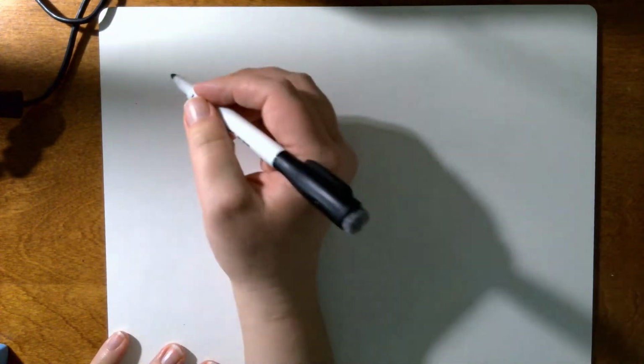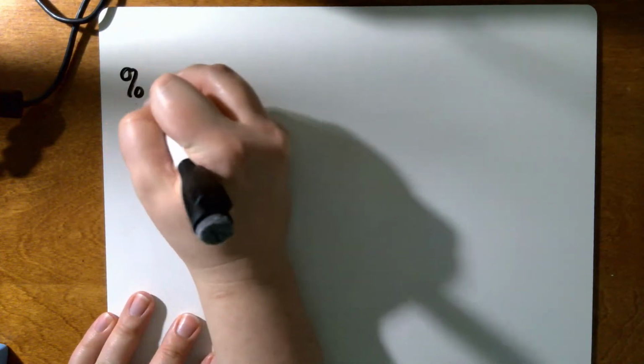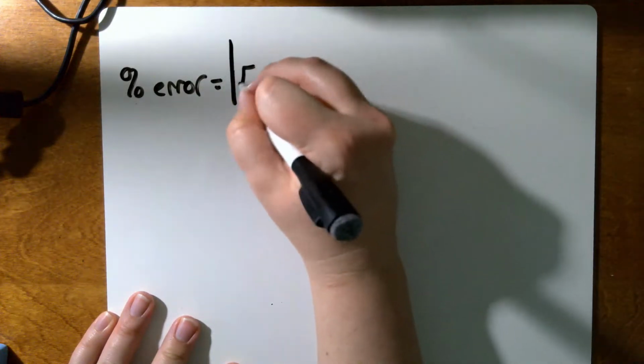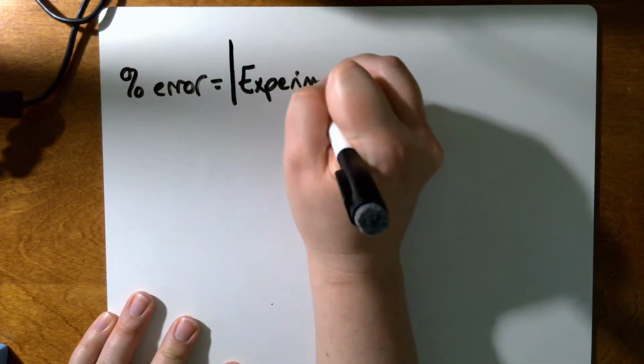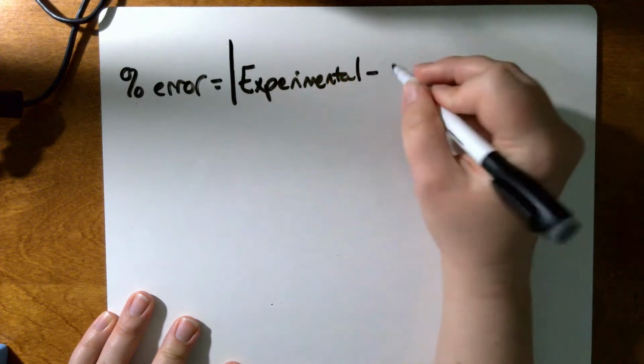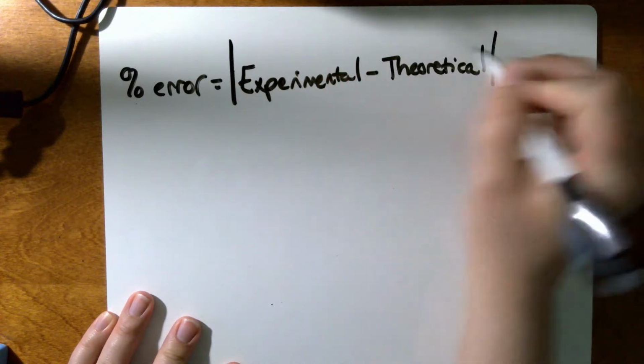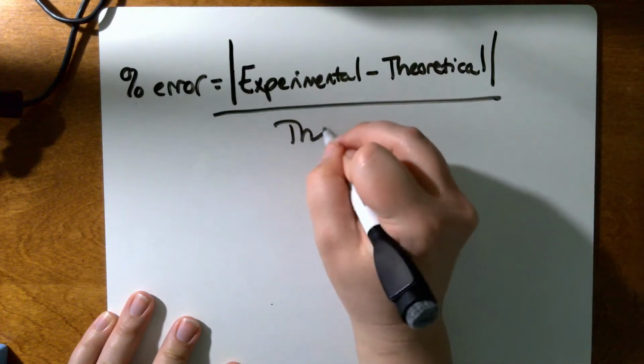Okay, I'm going to show you how to calculate the percent error. So this is something that we use in lab to tell us about the accuracy of our results. So percent error is calculated by taking the absolute value of the experimental minus the theoretical value over the theoretical value